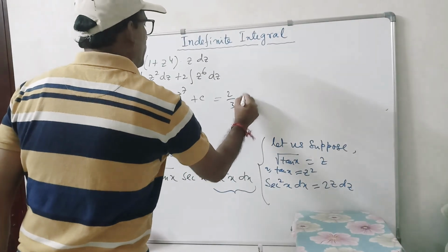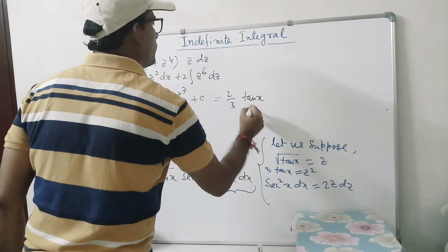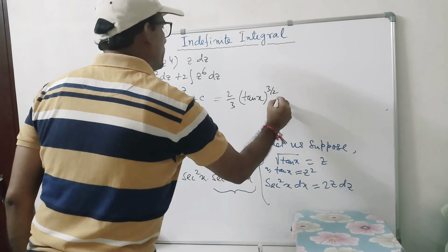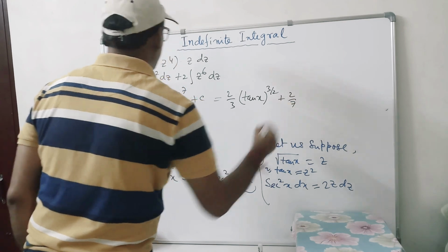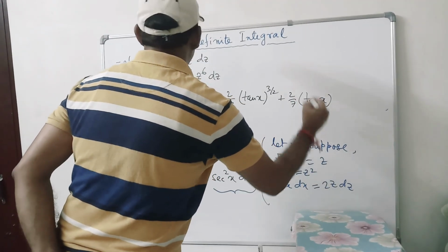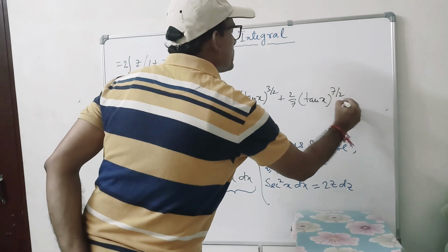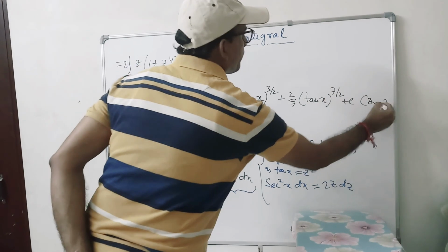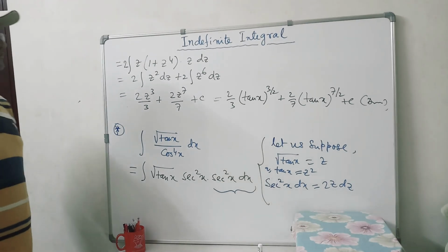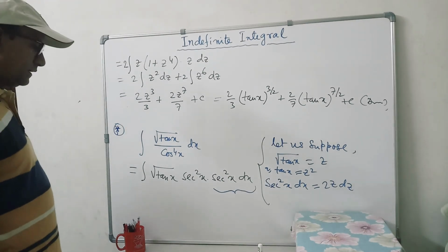So 2 by 3 tan x whole to the power 3 by 2, plus 2 by 7 tan x whole to the power 7 by 2 plus c. So this is the answer. Next,